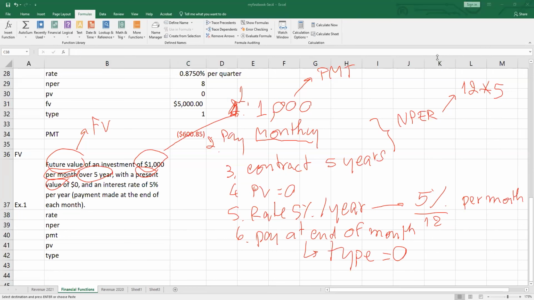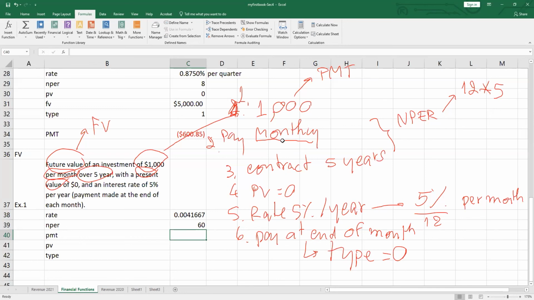For the rate it is 5% divided by 12, this is the rate. N per equals 12 times 5. Okay, PMT. It said that we want to pay monthly, don't forget